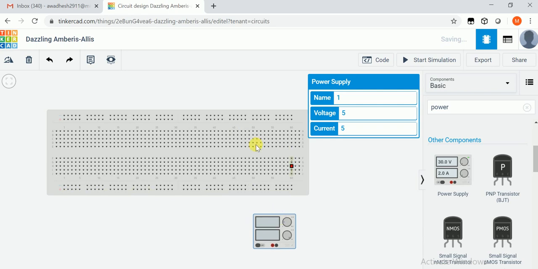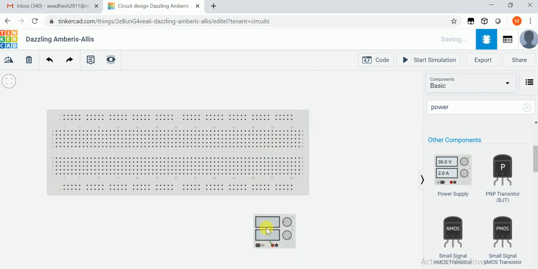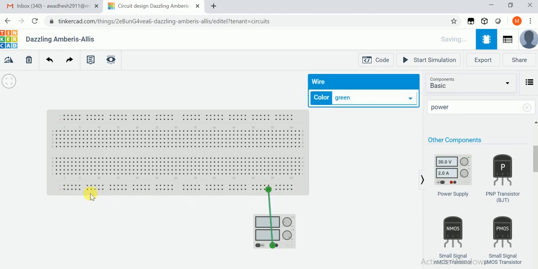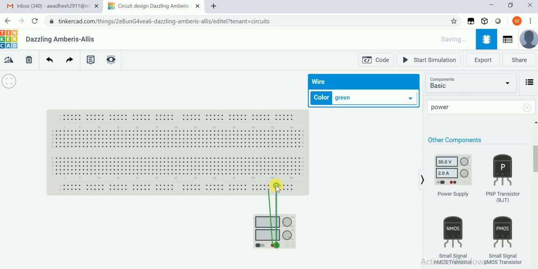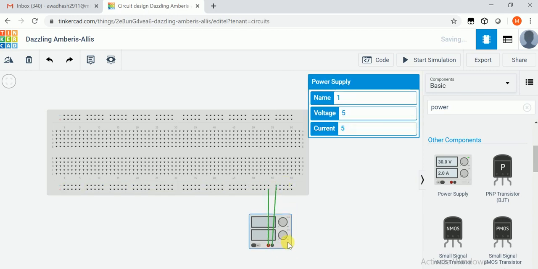This time we will not use LED. We will use multimeter to display input and output. So let's connect this positive power supply to the positive line and negative to the ground. We will again utilize our standard colors.